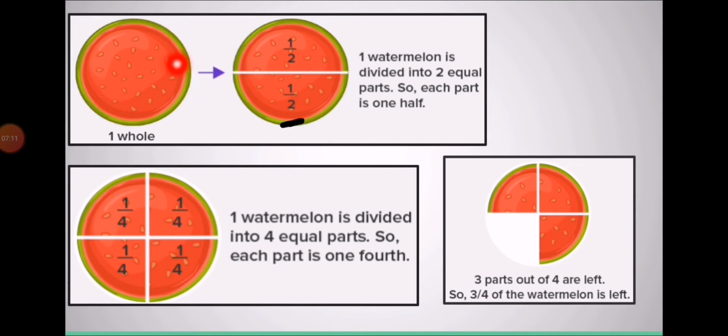Now with this whole, this whole watermelon is divided into 4 equal parts. One watermelon is divided into 4 equal parts. So each part is 1/4. You can see they are equally divided. 1/4, 1/4. It means it's a fraction. So 1/4 means this one part is out of 4. So we'll write the total parts down and the present part up. So 1 out of 4. This is the fraction. Total parts are 4. 1, 2, 3, 4.